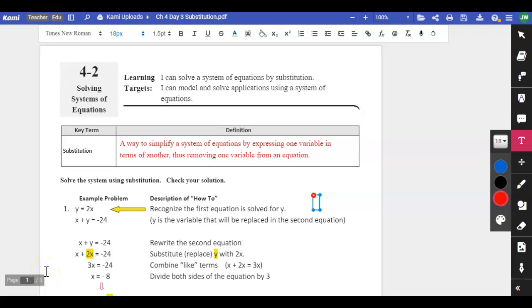All right, here we go with the first day of substitution. This is going to be pretty tough to do virtually. And I'm going to tell you right now